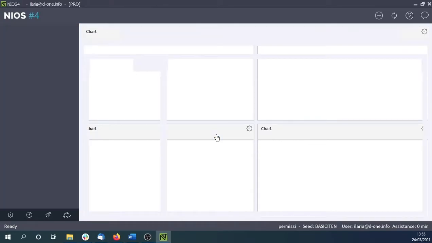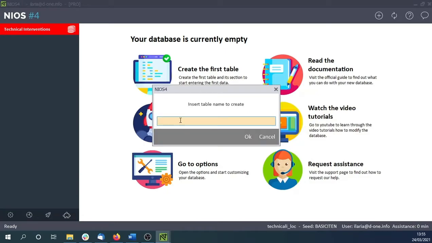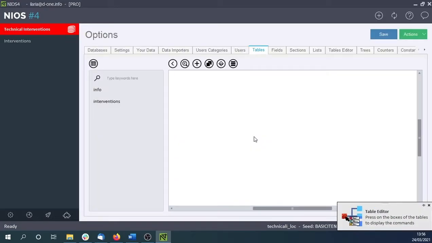By choosing the function, create the first table, the program will add the table to the database and it will also automatically create the section to allow you to see the data. Once this is done, the program will lead us automatically to the editing window, where we will start to build